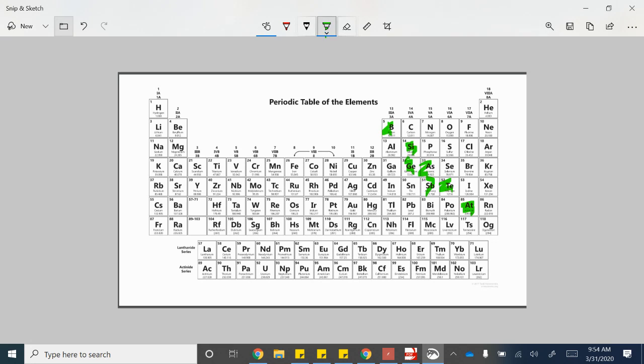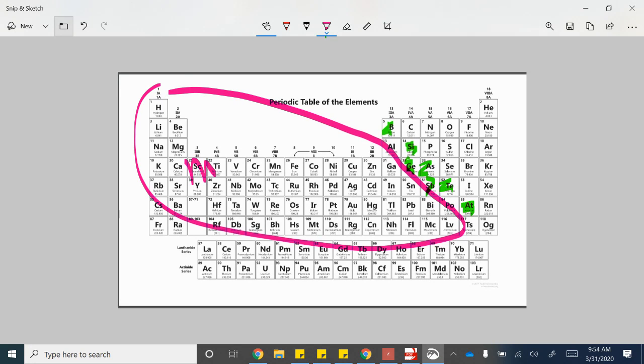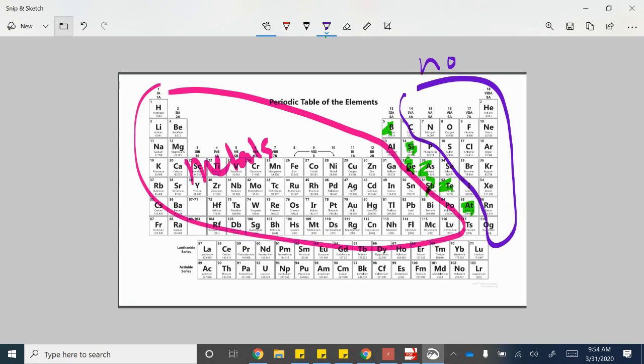So to the right of that, it's a different color. All of these ones are metals. And on the other side, these are all our non-metals. And there's one annoying one that is also a nonmetal,